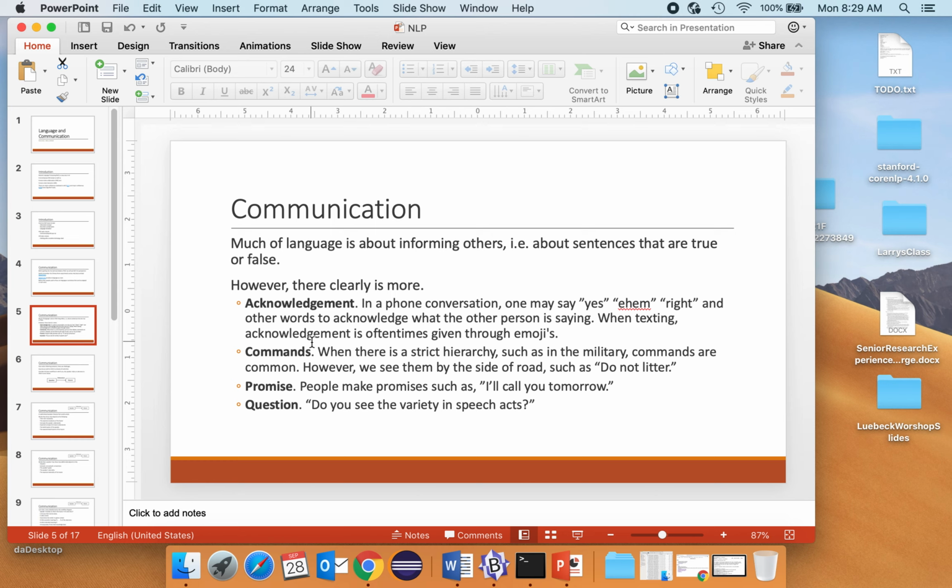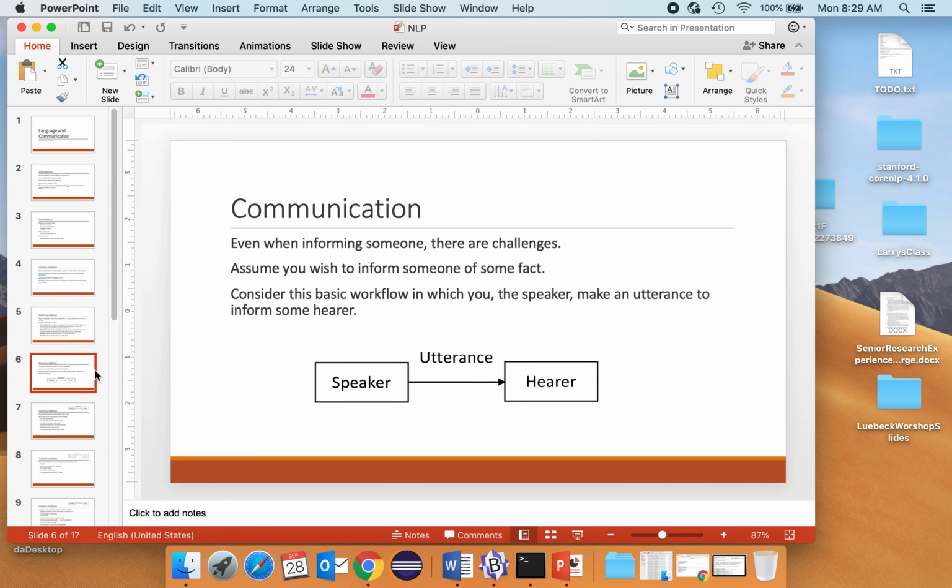And part of the issue, obviously, of communication is to figure out, did somebody just give me a command? Did they inform me? Did I make a promise? And so we act on things differently. All right, so very good. So hopefully we understand now that language is a tool, a very valuable tool. We know that language can hurt, right? So that alone should tell you that it is a tool. So what are some of the things that are challenging?